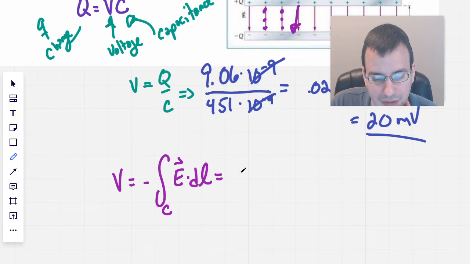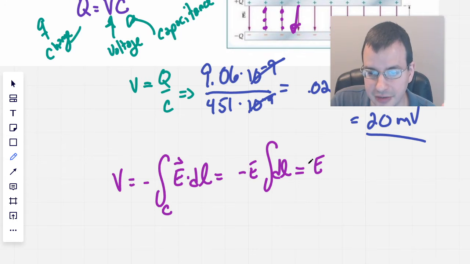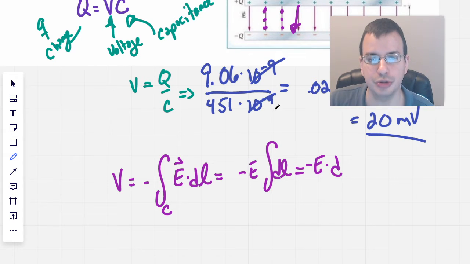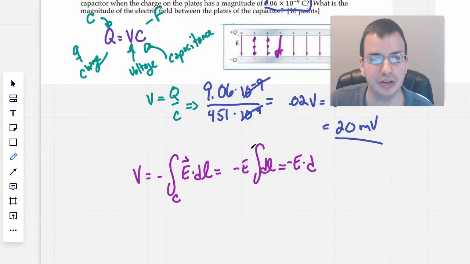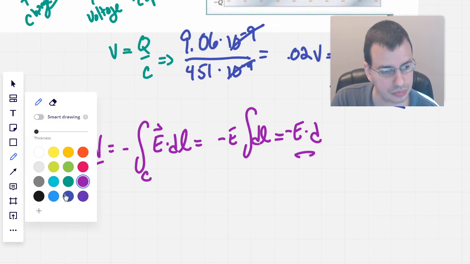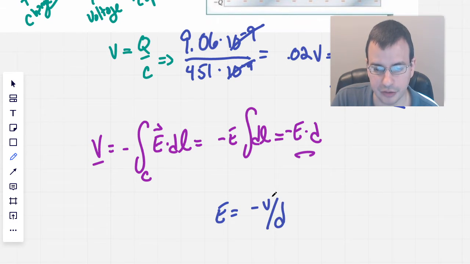And so we're left with negative E integral dl, which is just going to be the length of the curve, which will be negative E times distance. So for a parallel plate capacitor, we're trying to find the electric field. What is the magnitude of the electric field? If you're not in calculus-based physics, you can say that electric field equals negative V over D, where V